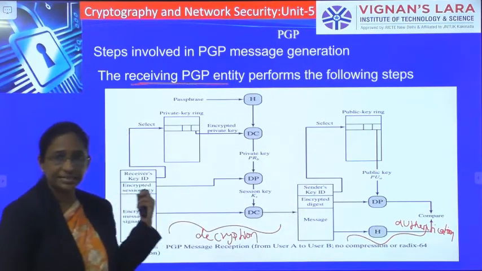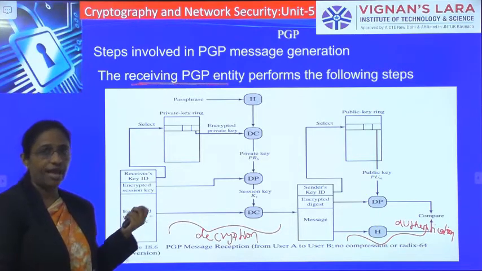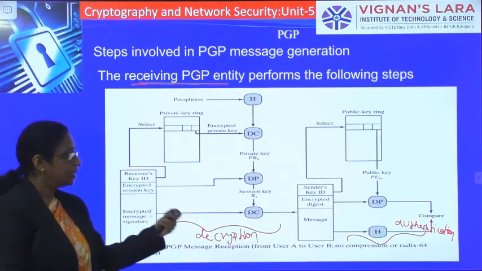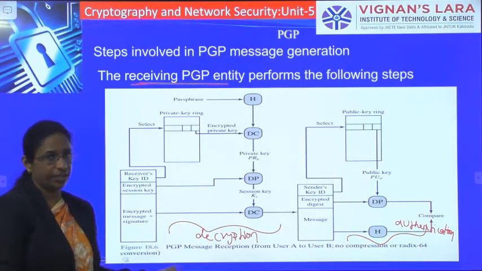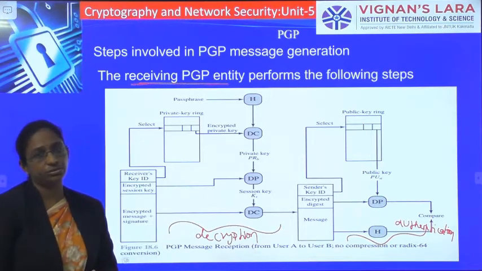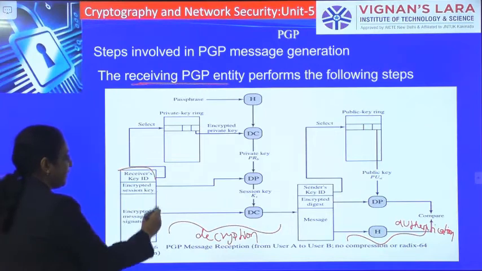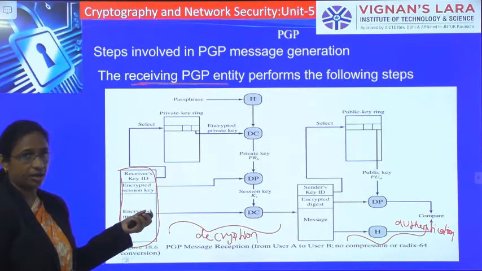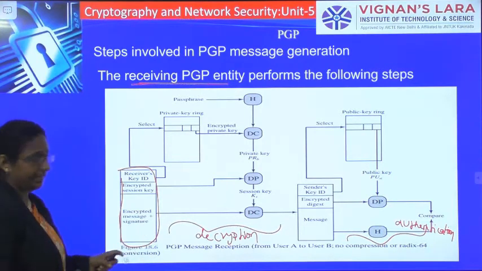Whereas in the previous slide you have seen that you generated the signature and then did the encryption, at the receiving side the receiver first has to do decryption and then the authentication. So this is the output that we have received after performing the operations of the sending entity.